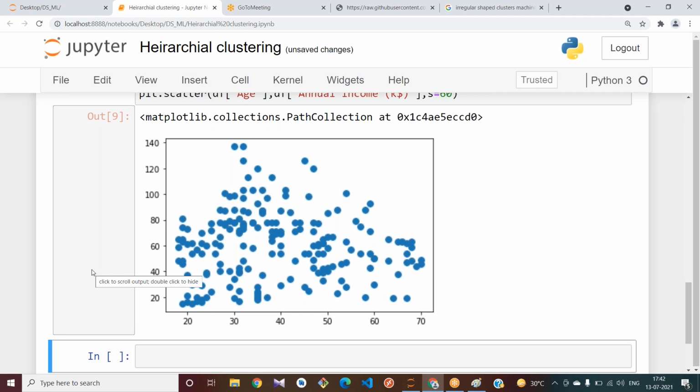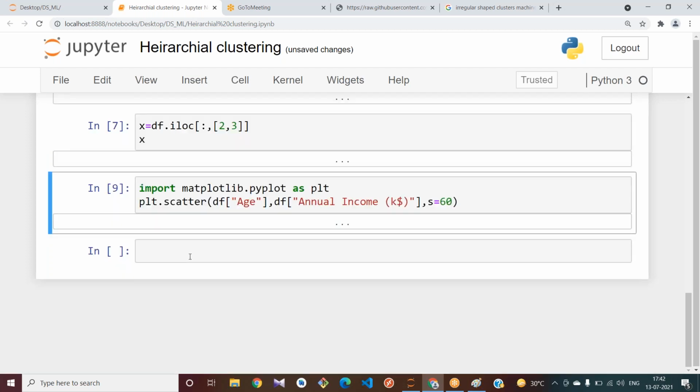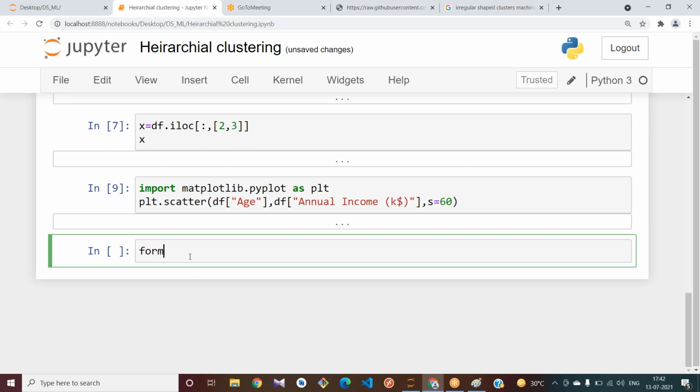First, before sending it to the model, let us see how the hierarchy looks, nothing but how the dendrogram looks. For that we need to import from SciPy. The dendrogram is present in your SciPy library.